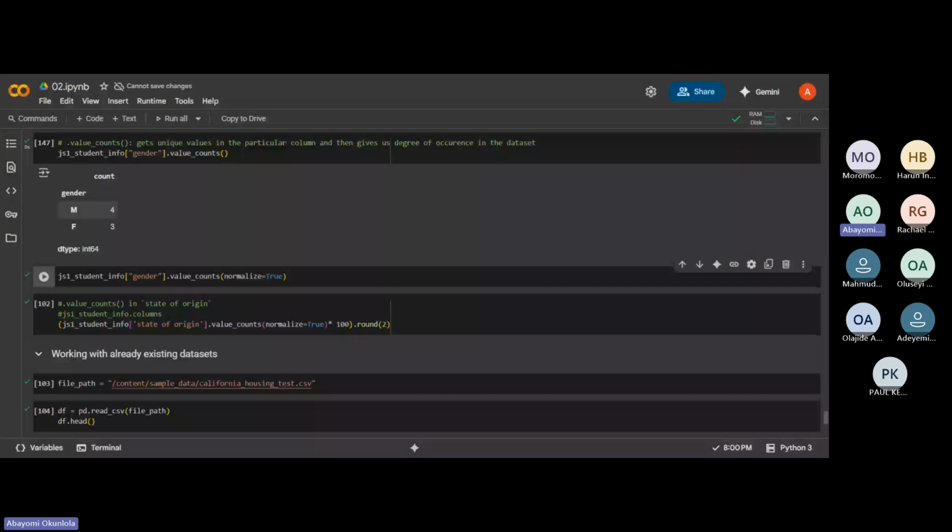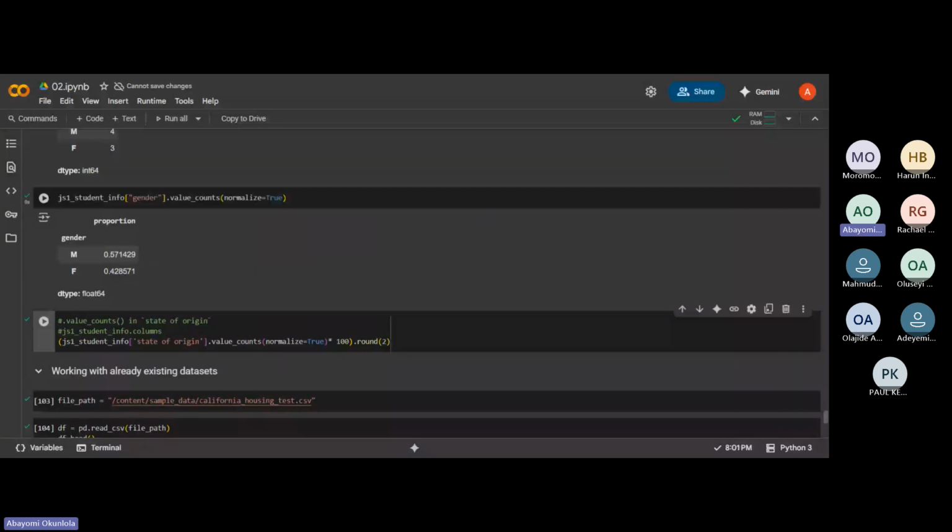All right, so let's move on. Now, we've taken a look at value counts. However, it also has some parameters embedded in it. So here we have our normalize equals true. What does normalize do? When you say normalize, that means you want to see it in percentage.